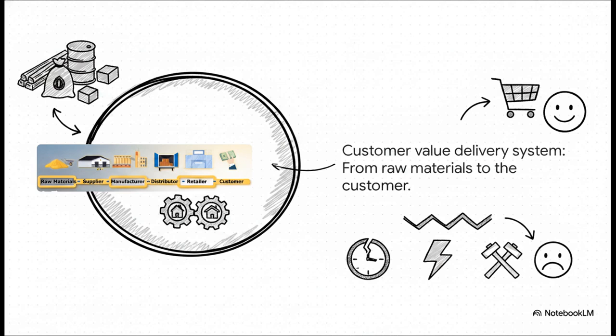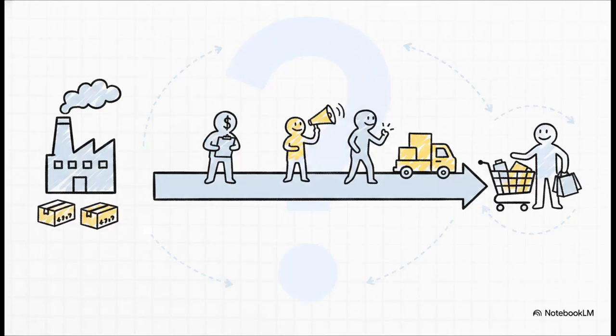Because of this, marketing managers have to watch supply availability like hawks. Things like supply shortages, unexpected delays, or labor strikes, those can instantly cost you sales in the short run, and honestly, they can severely damage customer satisfaction over the long haul. Now I want to pause for just a second. I have a question for you to reflect on. Before final buyers can actually purchase these goods, who helps the company promote, sell, and distribute them? Take a brief moment to really think about that supply chain we just looked at. Who is standing there right between the manufacturer and the final customer?